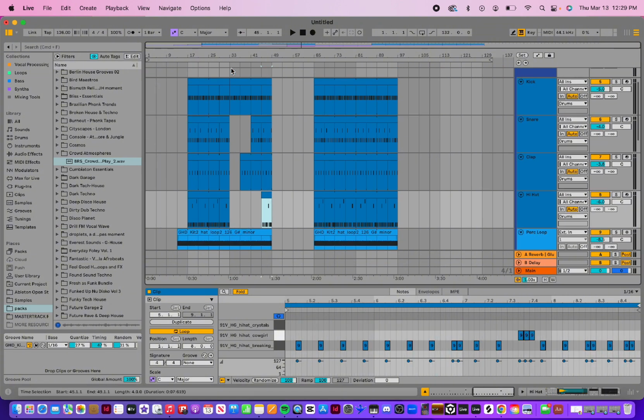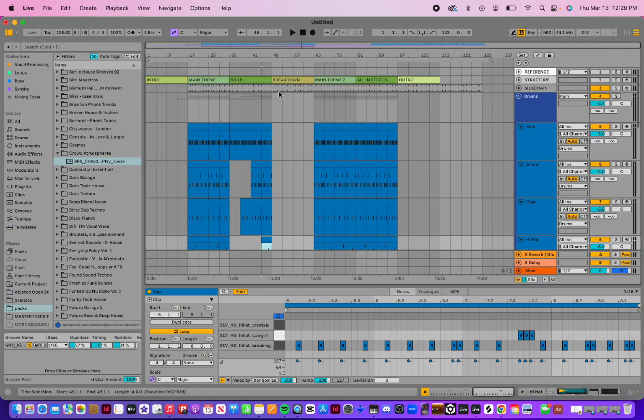So this is kind of our build where we establish our main theme here, and then we begin to subtract some of the drums and reintroduce them until we get to a full breakdown. So let's see what that's